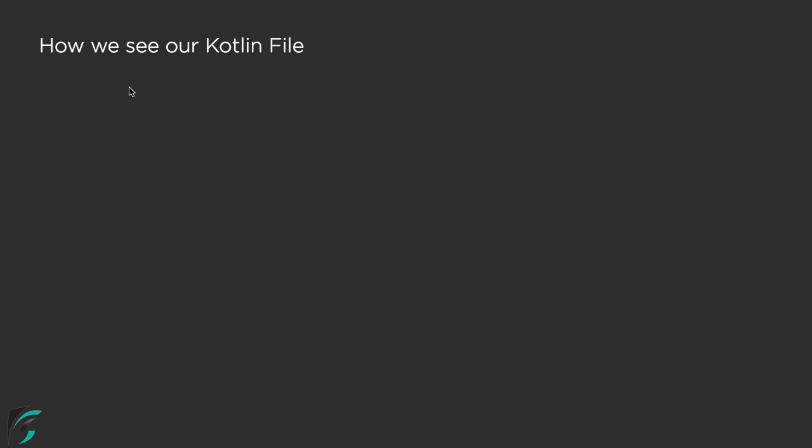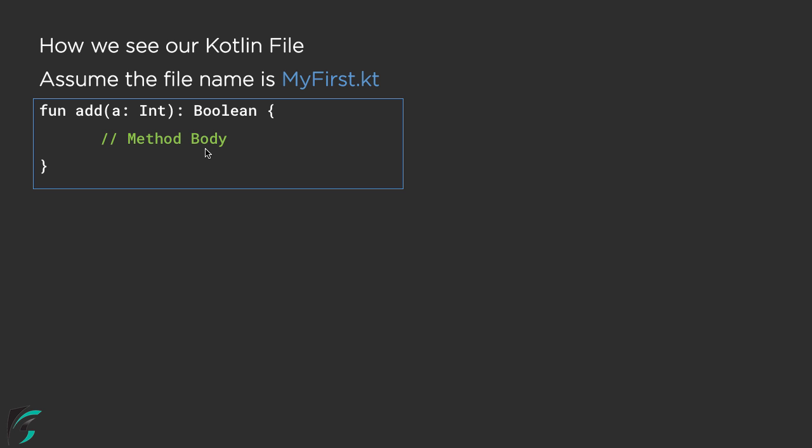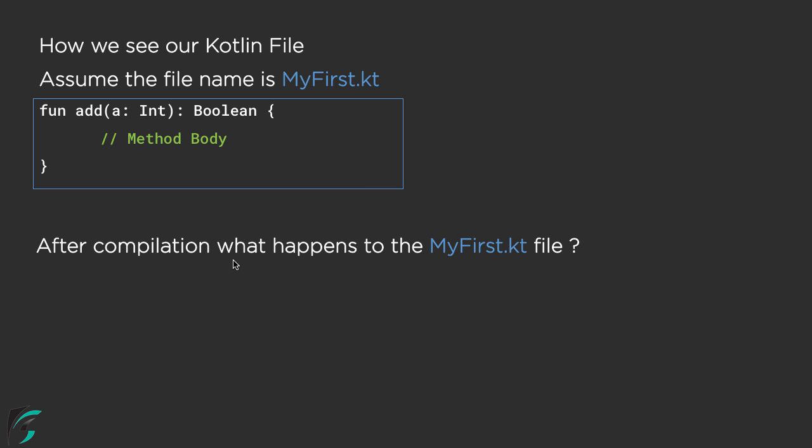Proceeding forward, let us now check out what a typical Kotlin file looks like. Suppose our Kotlin file has the name myfirst.kt stored inside the source folder, and here is our code. Suppose I have a function add that takes a parameter of an integer and returns a boolean value, and this is the method body. At a high level we see this code, right? Now what happens after the compilation of the myfirst.kt file?